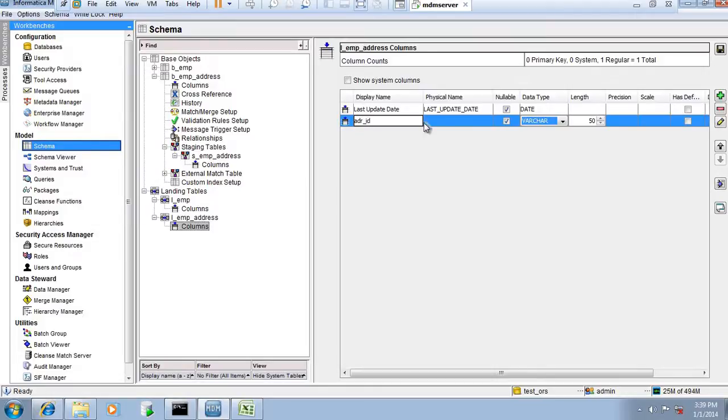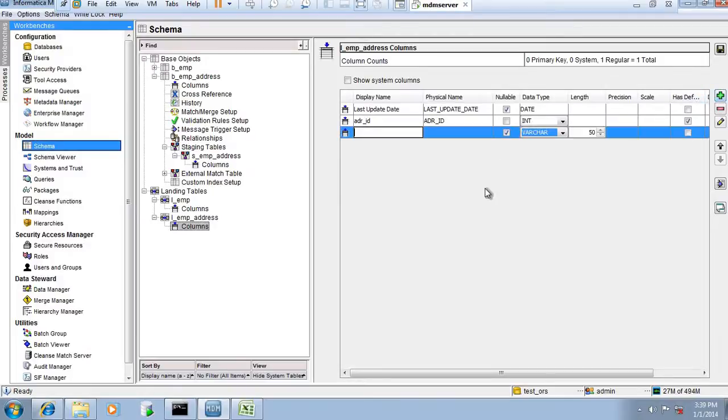So address ID will be integer and could not be nullable because we have defined it as the primary key for that particular record. Okay, now let's come to address EMP ID. So this could be nullable because this is the foreign key.